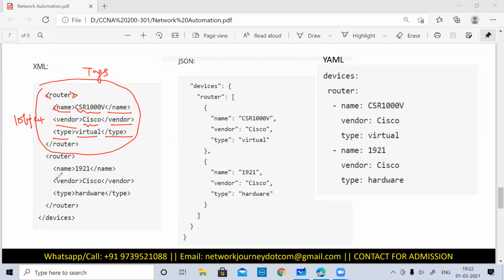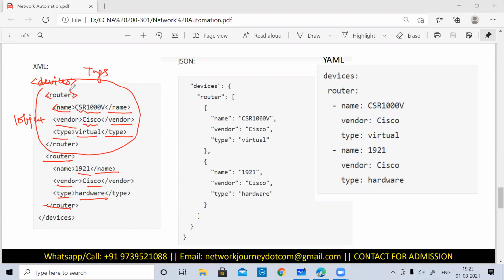The second object is again a router, but with a different name, 1921, closing with the name tag, vendor Cisco, type hardware, and again closing with the router tag and the devices tag. You would start with the devices tag, which I have not shown here. This is how you define it.